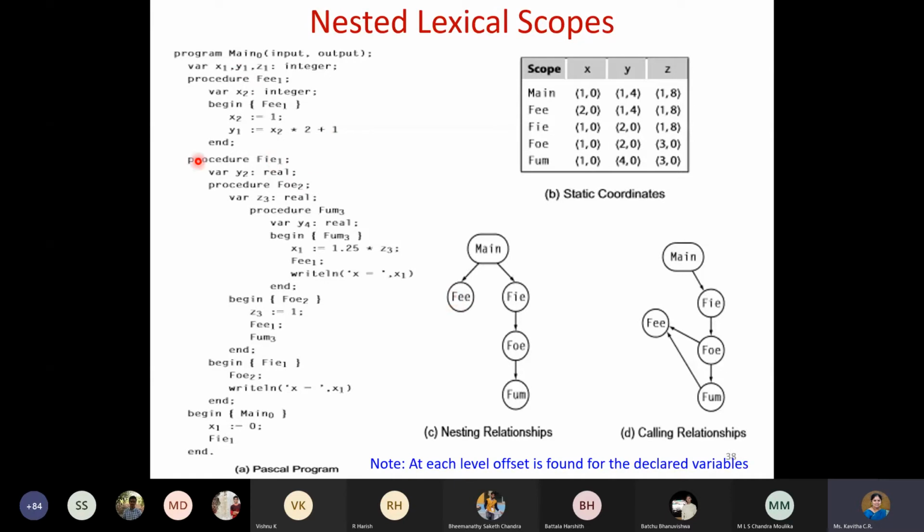Okay, and then coming to FIE, so within main we have FIE also. Within FIE we have FOE, and within FOE we have FUM. And the body also has been implemented here only. So whatever function it is doing, that is also there. Okay, so this gives the relationship of the nested structure.